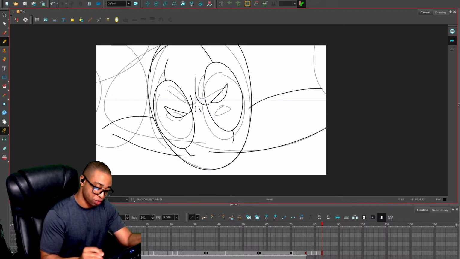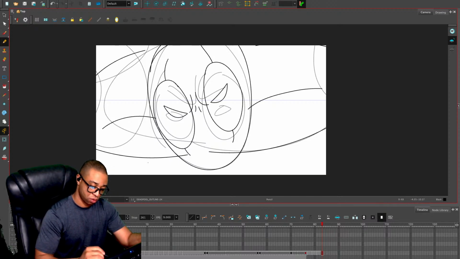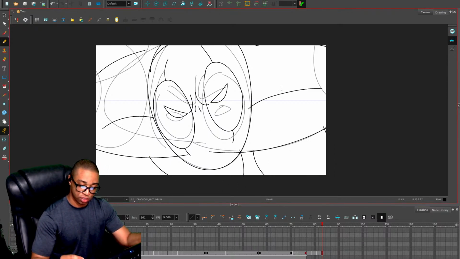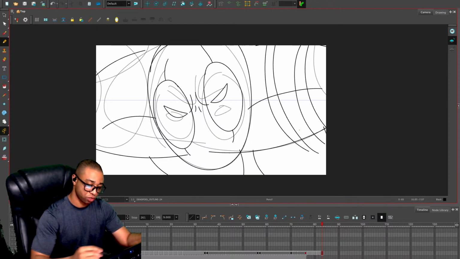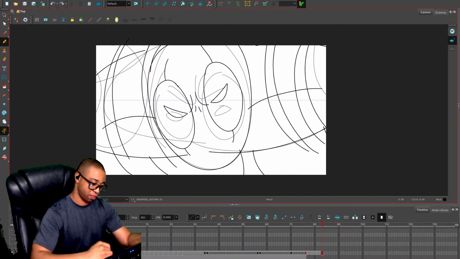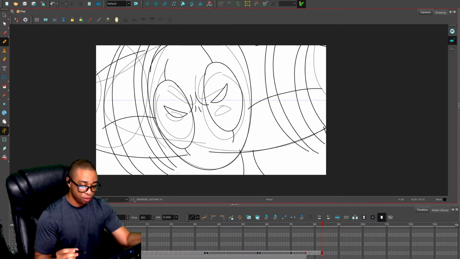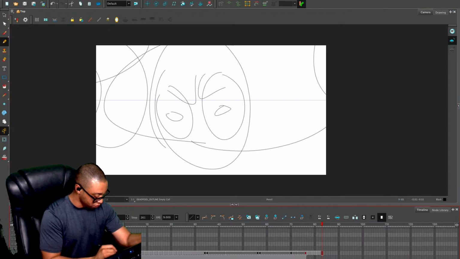So that's his chest, coming real close. Those are his legs. These are the straps around his shoulders. It's all about keeping that character design in your head and making sure what you're drawing is what's coming out.